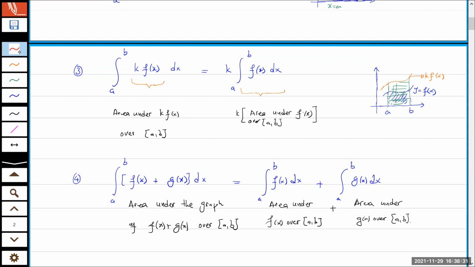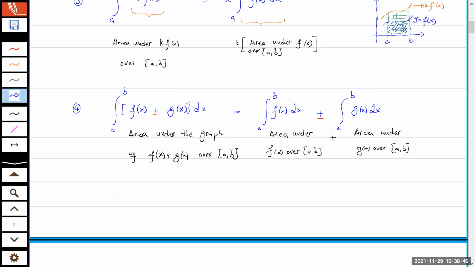The same result holds true for the difference of two functions as well. So it's plus or minus on the left, and plus or minus on the right as well. Okay. The next one, where we can take an intermediate point between a and b. The area under the graph of f of x from a to b is the same as you calculate the area from a to c, and I'll explain what this c is, f of x dx, plus then you start from c and you go up to b, f of x dx,